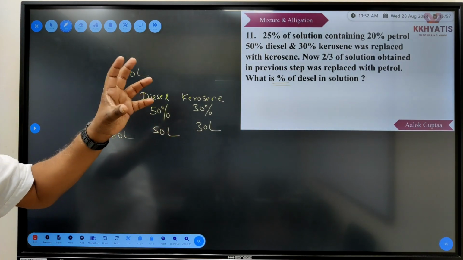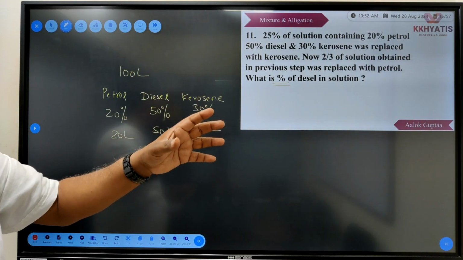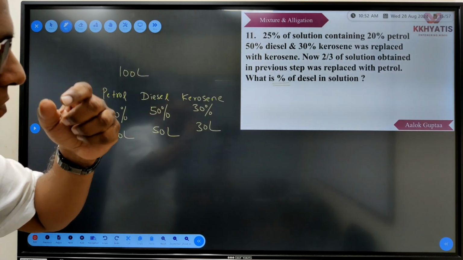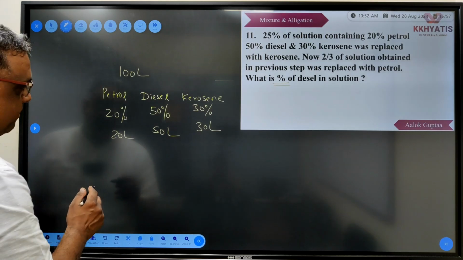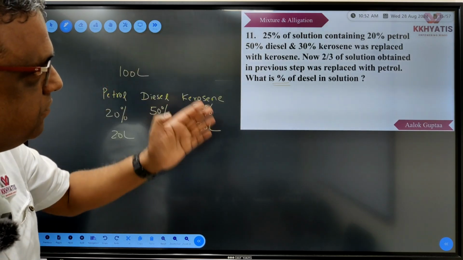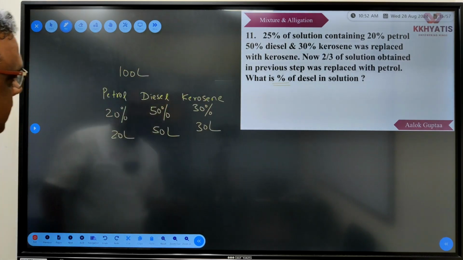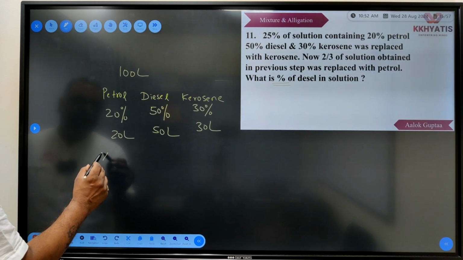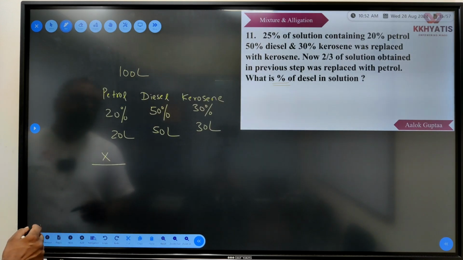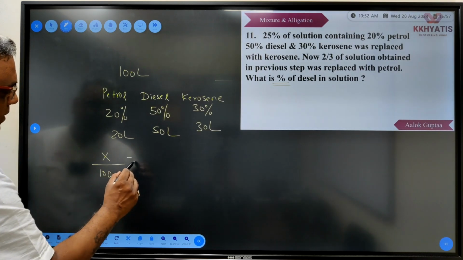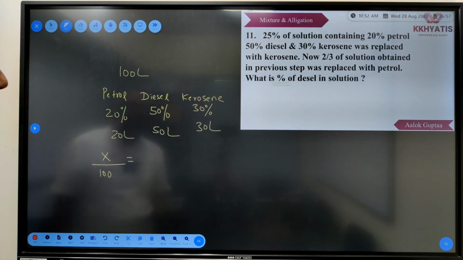So what is that one thing which is constantly getting reduced? It is diesel. So we'll apply the formula on the final quantity of diesel, because diesel is the one thing which is continuously reducing. So the final quantity of diesel, let us say it is X, upon the total initial quantity of 100 liters, is